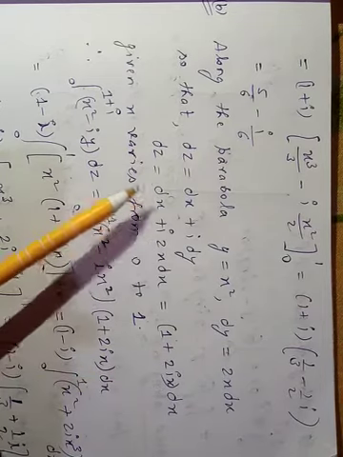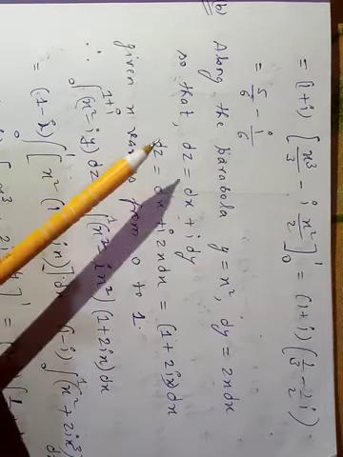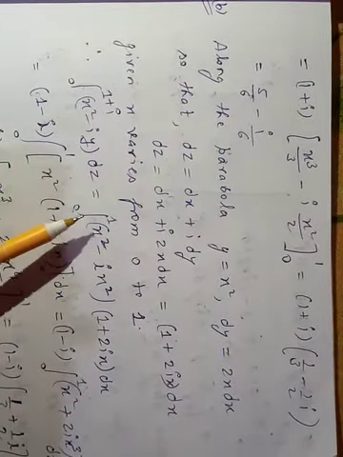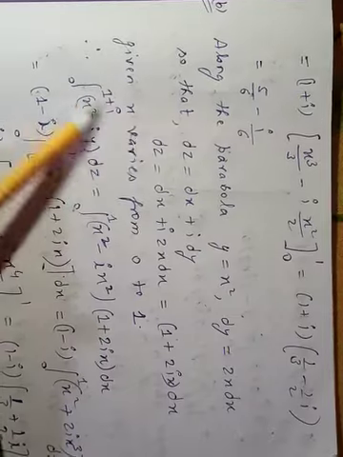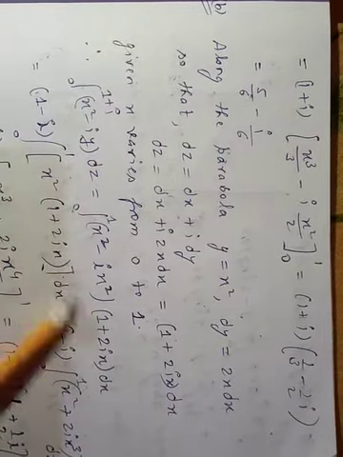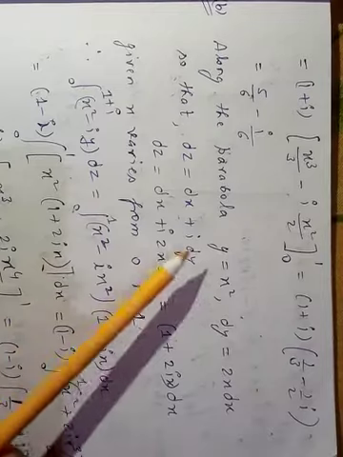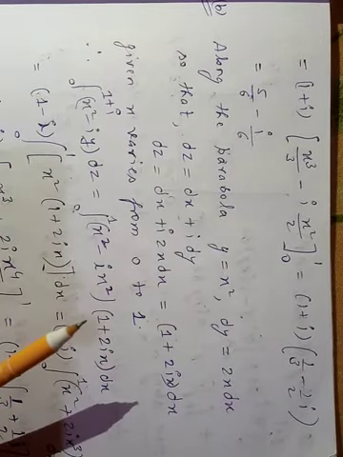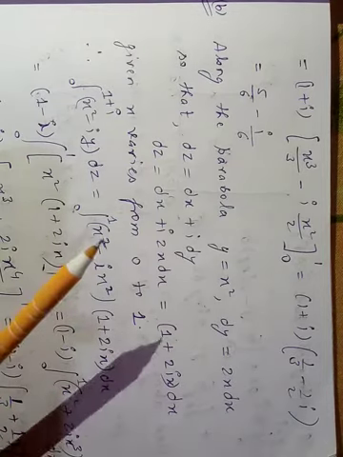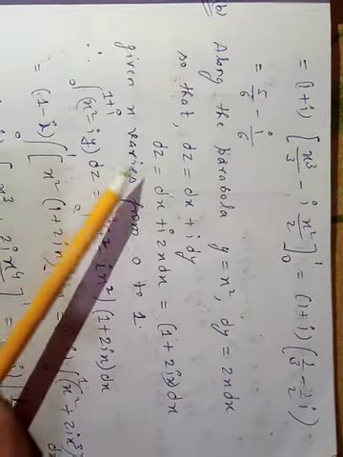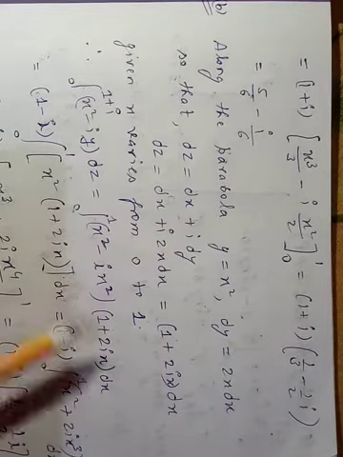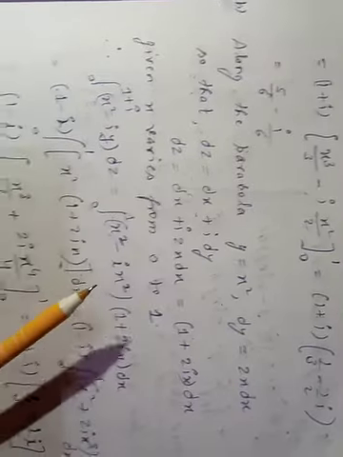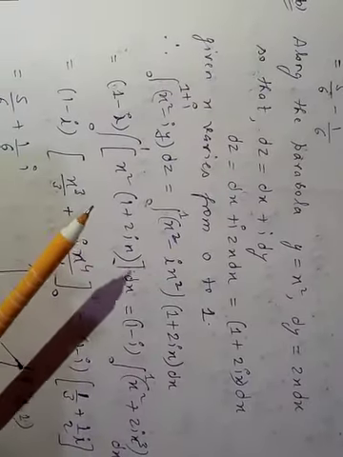Now since again the limit is being transformed, variable y is being replaced by x, so we will take again the limit of x from 0 to 1. So the given integral again can be written in this way, where y is being replaced by x square, and dz is being replaced by (1 plus 2ix) dx. Okay, so 0 to 1 this is. Now simplify it, and after its integration